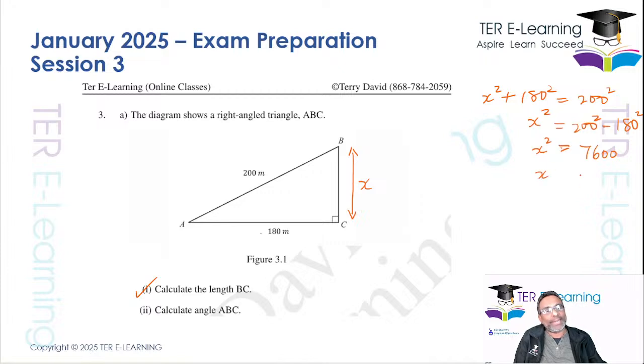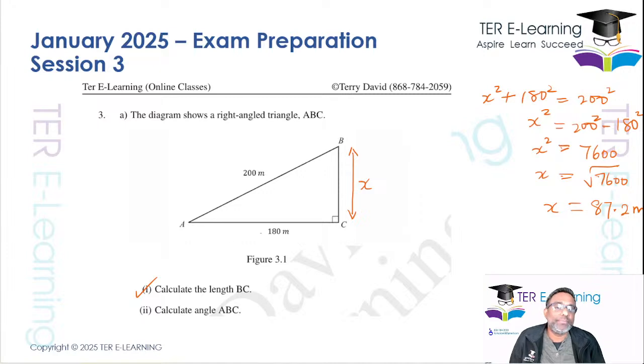So therefore x is equal to the square root of 7600, right? And I'm getting 87.2. Right? So be prepared to answer any question involving